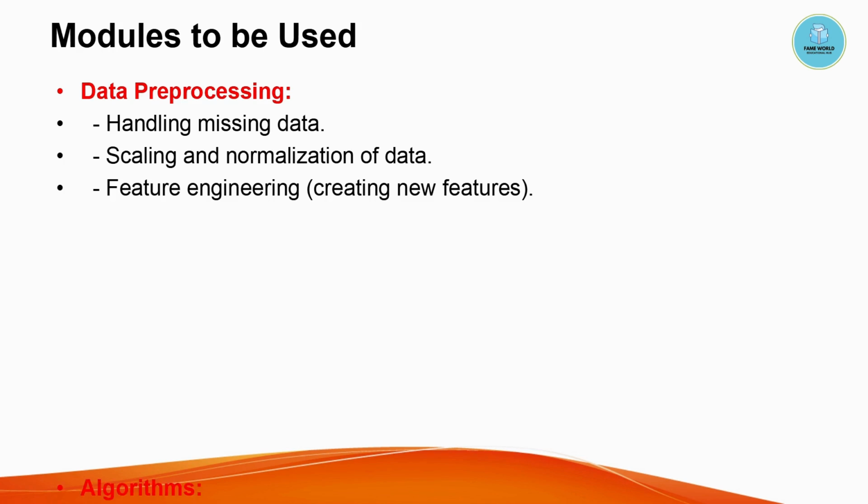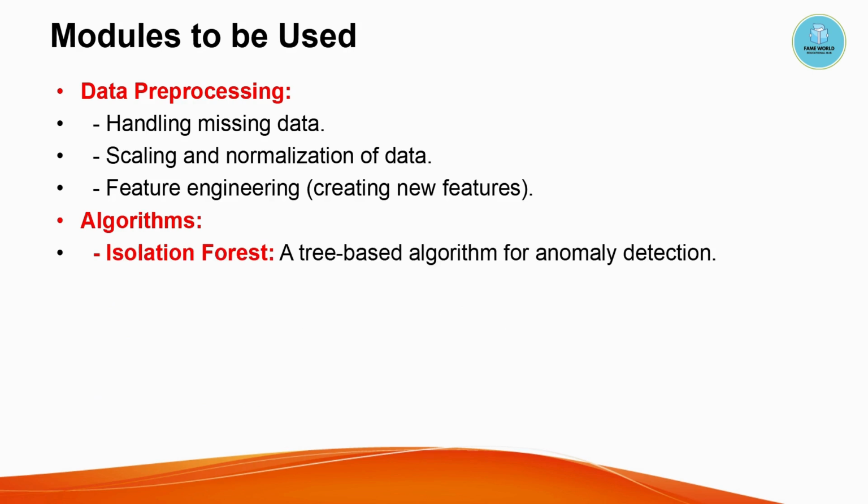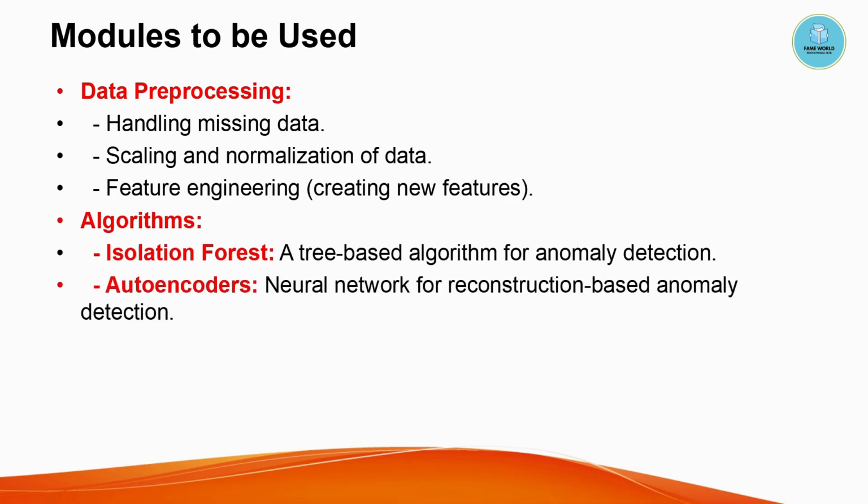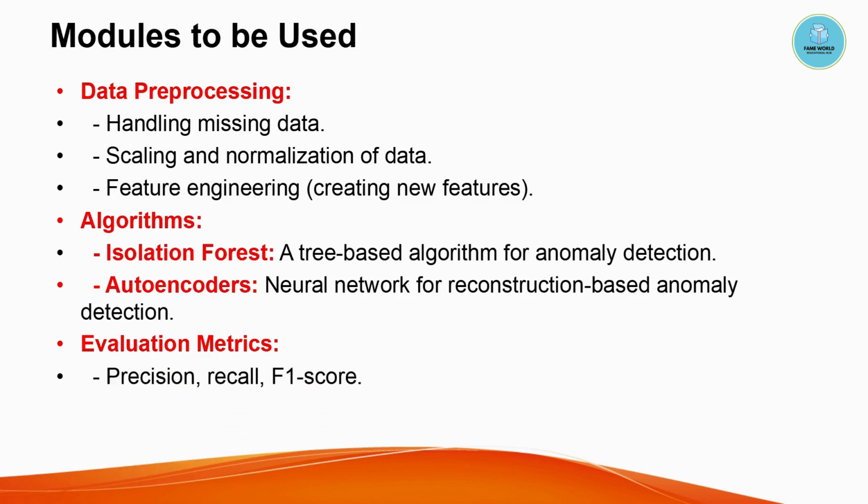Next, we use two primary machine learning algorithms, isolation forest and autoencoders. Isolation forest is a tree-based algorithm designed for anomaly detection, while autoencoders are neural networks that learn data representations and detect anomalies based on reconstruction errors. Finally, evaluation metrics such as precision, recall, and F1 score are used to assess the effectiveness of these models. These metrics help us understand how well our models are performing in detecting fraud and how accurately they identify fraudulent